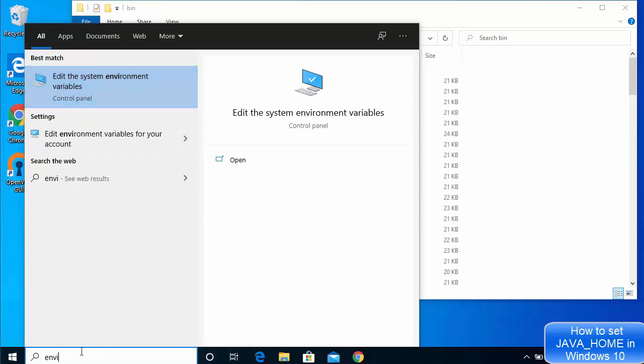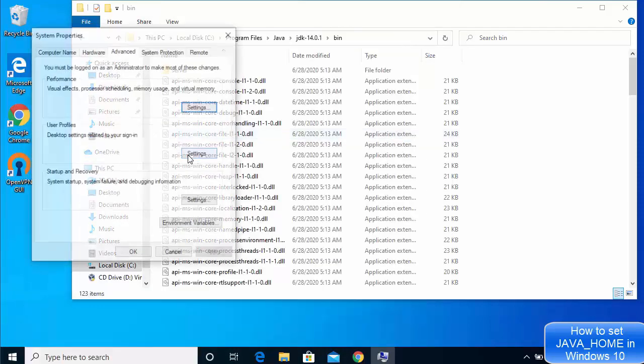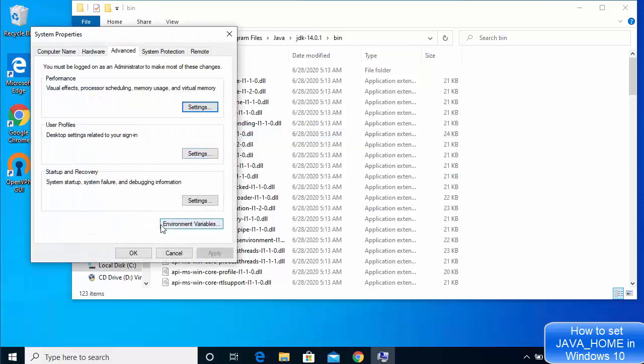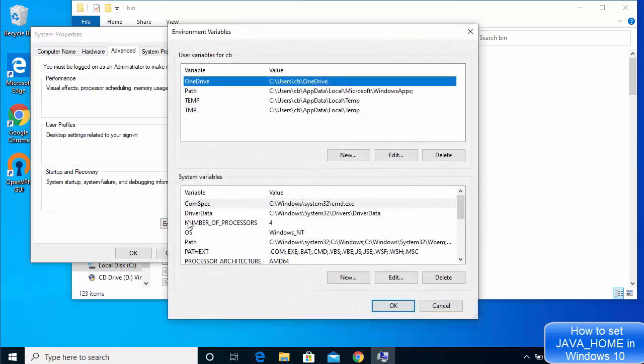So search a few letters of environment and you will see this result. So just click on this result which says edit the system environment variables, and then here you need to go to this section which says environment variables, and now you can add the Java bin environment variable here.